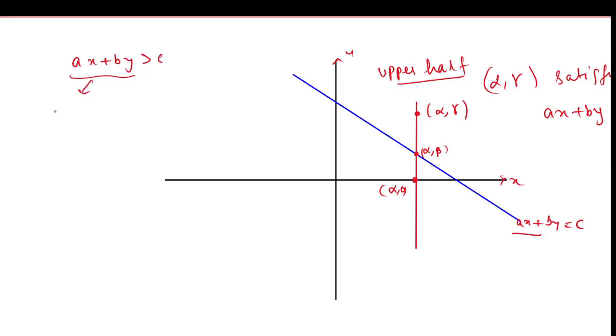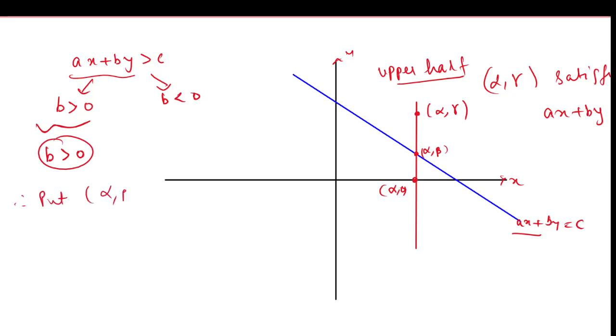In this case we have two cases, b is greater than 0 and b is less than 0. So in this, b is greater than 0. So now put alpha comma beta in equation 1, that is ax plus by equal to c. So a alpha plus b beta equal to c. So this is equation A,